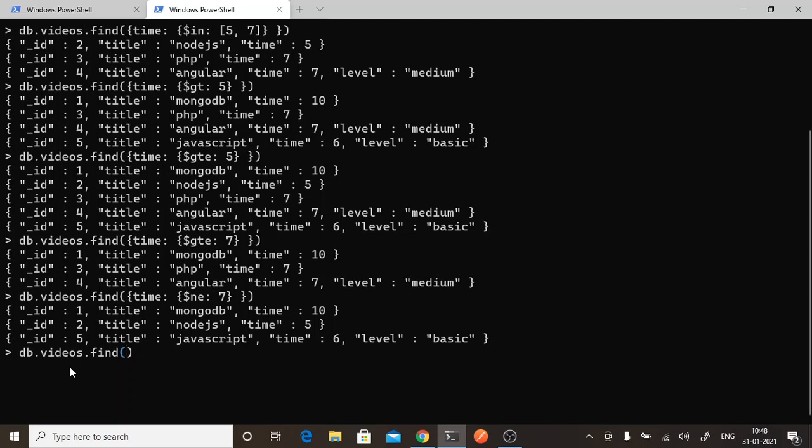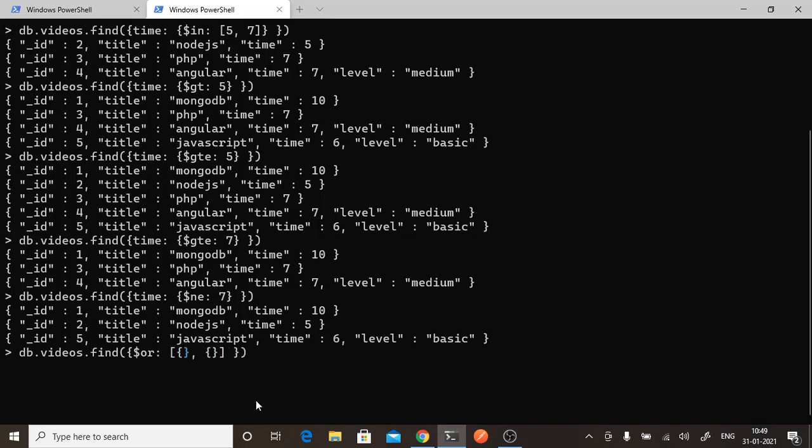Same as in an if condition, we can use a logical operator. The logical operator also has to be given in curly braces, and the logical operator will come first. In the case of our comparison operator, we first had the field name and then the comparison operator, correct? But if you want to give a logical operator, first you will give the logical operator, that is $or, and then inside it the logical operator will always take an array because you are giving two conditions, correct? And these two conditions you will pass in curly braces.